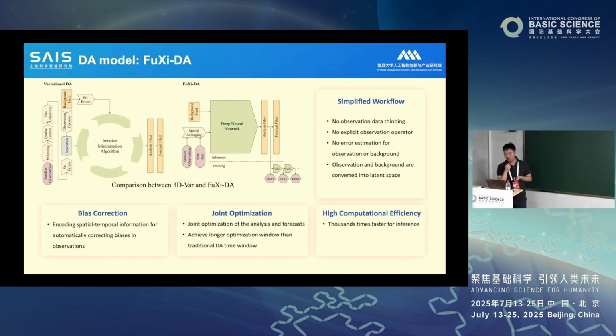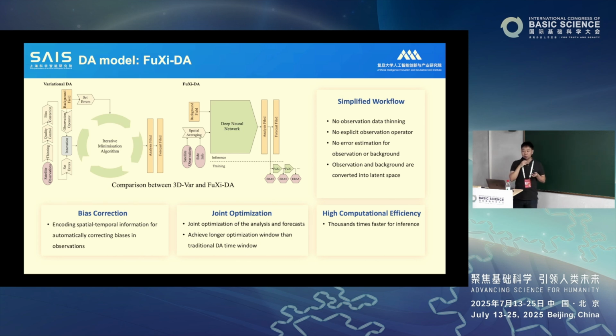And this is basically the model structure of FuXi DA. The most important contribution of FuXi DA is that it greatly simplifies the workflow compared to the traditional DA. We no longer need any observation operator, because for observation operators you have to develop one for each different instrument. Think about how many satellites you have, and how many satellite instruments. This is a quite troublesome job, and for every new satellite you have to do this once again to be able to use the observations from that satellite.